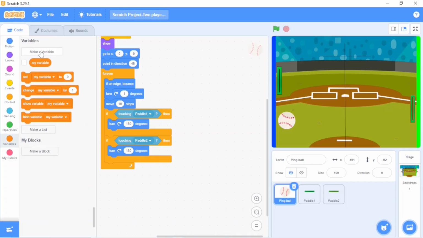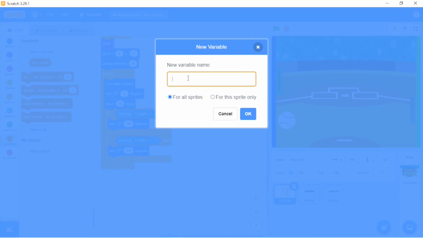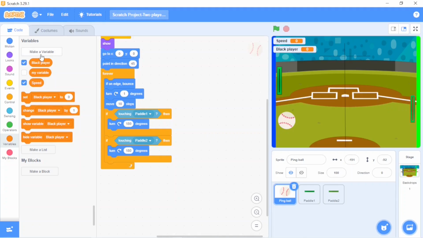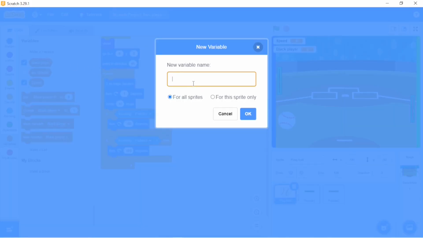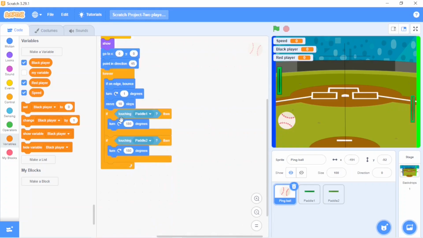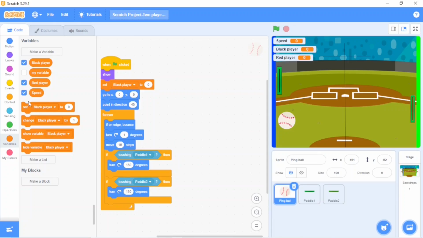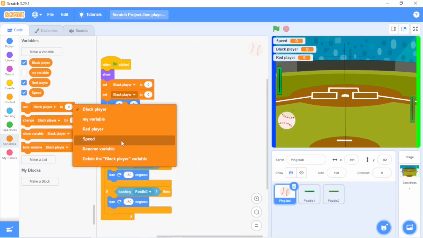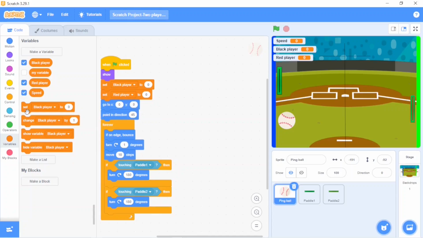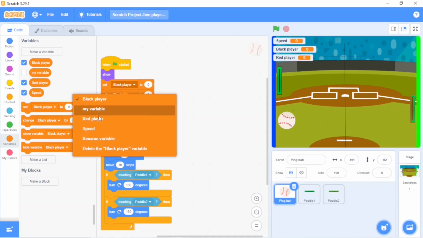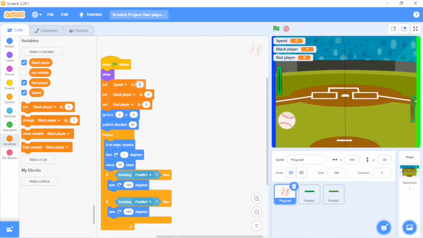Now we are going to make 3 variables. Go to make a variable, click on it and type speed. Second variable, black player, and red player. Okay, over here I will set black player to 0, set red player to 0 and set speed to -1.